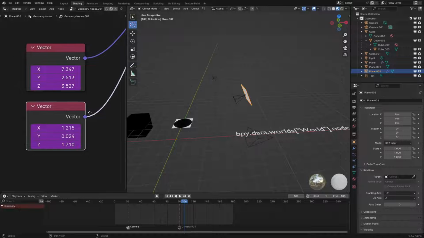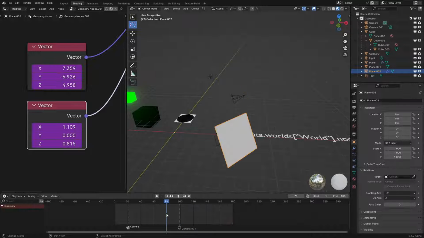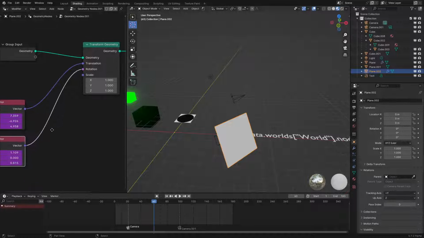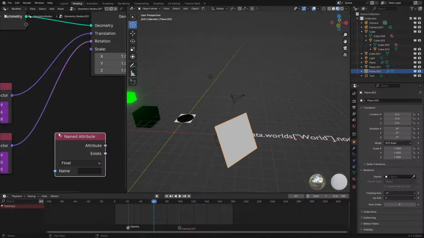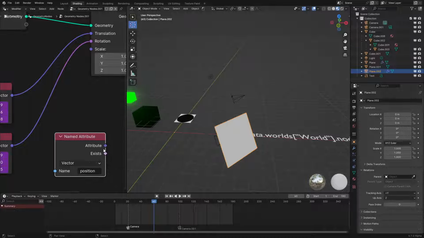Alright. This seems so much simpler. I was doing the same thing through Python, but as a non-coder, it only worked when it wanted to. Yeah, this basically means we can get all the data that's available through coding, but we don't have to code. That's kind of the entire thing behind geometry nodes. Like, we get the named attributes that you could get access to with the code, but you don't have to